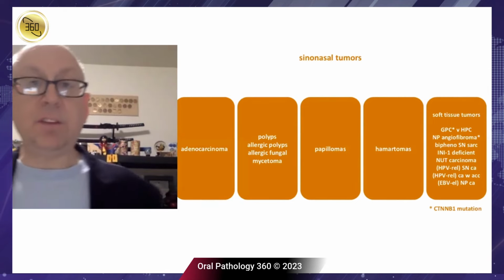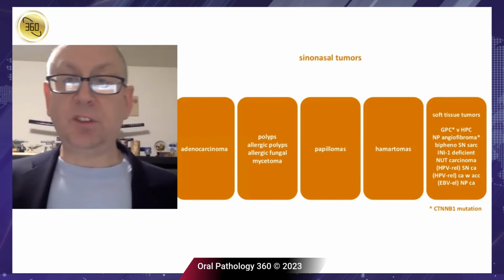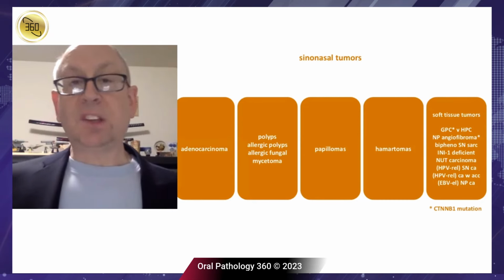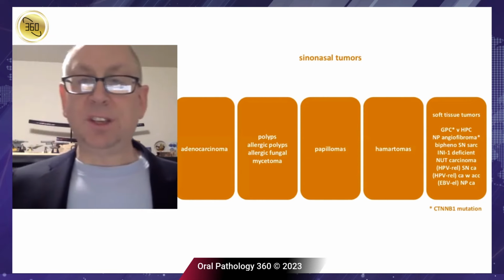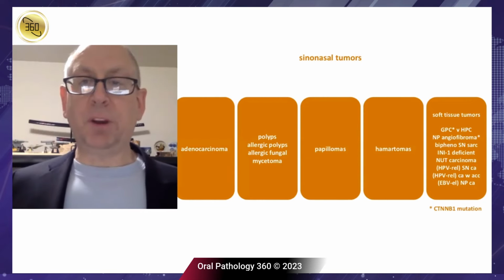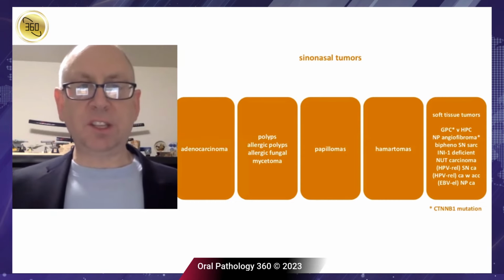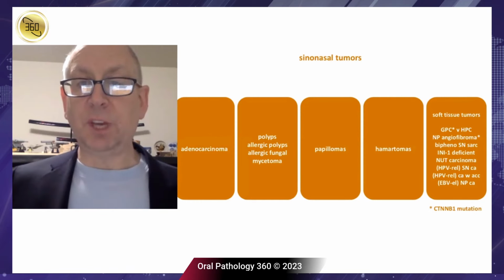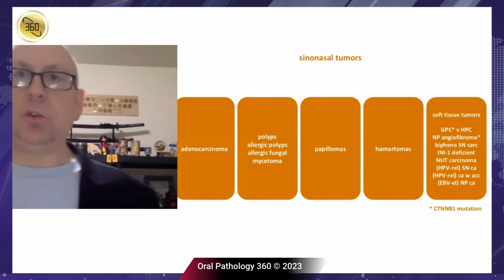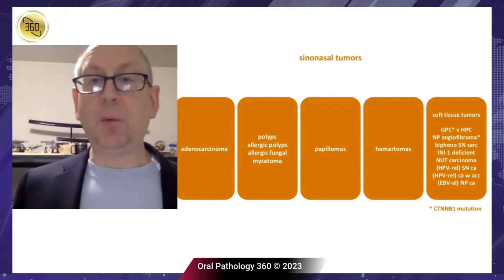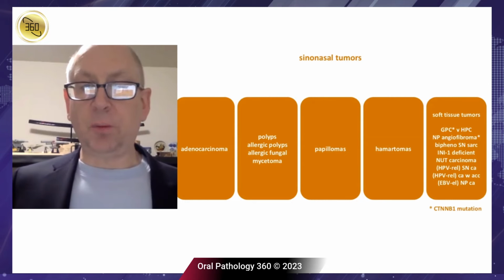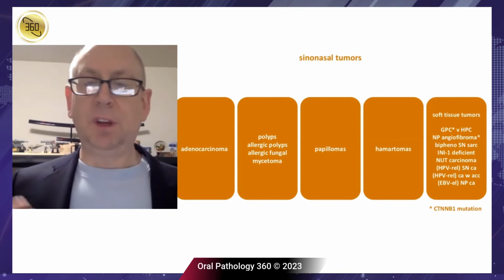And then it's a site for unique presentations of soft tissue tumors that may histologically look like other tumors, like so-called glomangiopericytomas, GPCs, versus their soft tissue counterparts, hemangiopericytomas or those tumors. And there's actually different genetics to them, and there's actually maybe different behaviors to those. And then there's this whole series of fairly newly described genetically driven tumors, INI1 deficient tumors, NUT carcinomas, and then there's even tumors that bear similarity to